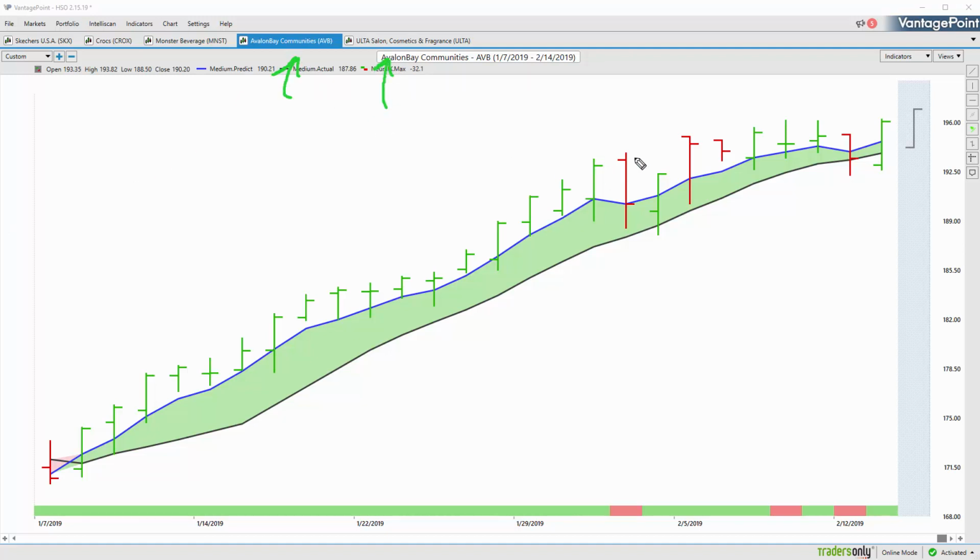I think Avalon we brought in really towards the end of somewhere around here, towards the end of January. But here's the key again: how to make those trade adjustments and evolve with the market as it moves forward, because we don't want to get into the market and then get out after 3 days if the trend is still up. And so you have to make those determinations of, okay, am I going to stick it out